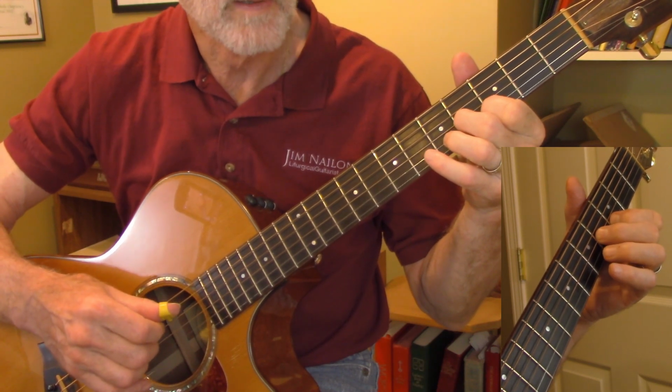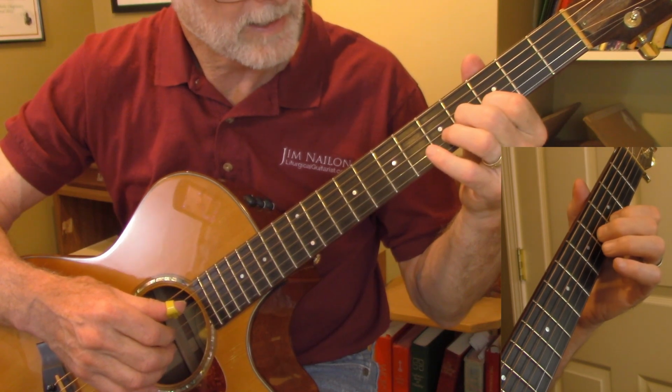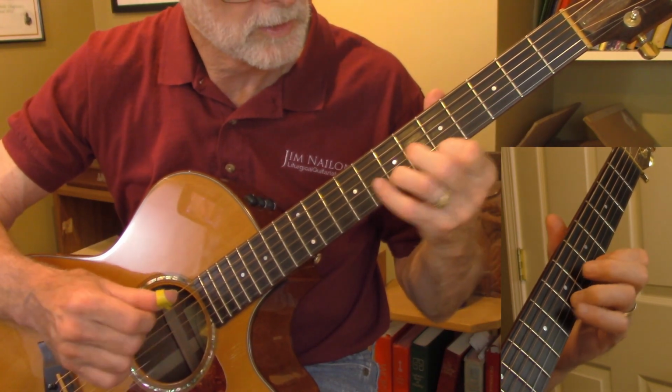And then down to the 1st and 2nd finger. 1st finger plays the 3rd fret of the 2nd string. 2nd finger, 4th fret of the 3rd string. So